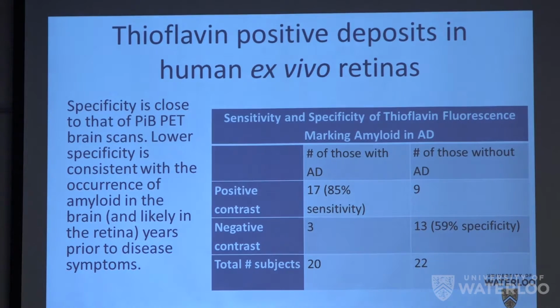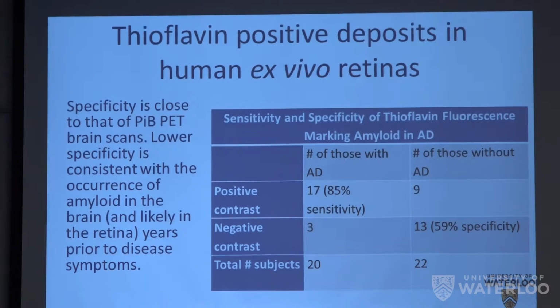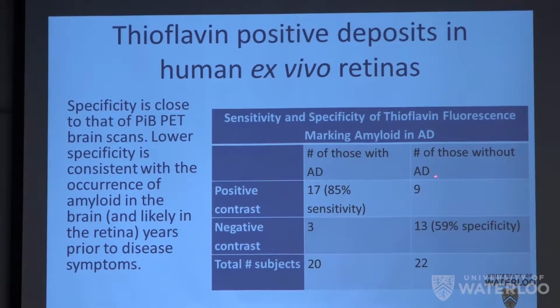So what did we find in terms of sensitivity and specificity when we used thioflavin fluorescence? So we had for the 20 people with AD, 17 of them showed thioflavin staining indicative of amyloid in the retina, and 3 did not. And then for those without Alzheimer's disease, 9 showed staining, and 13 did not. And this